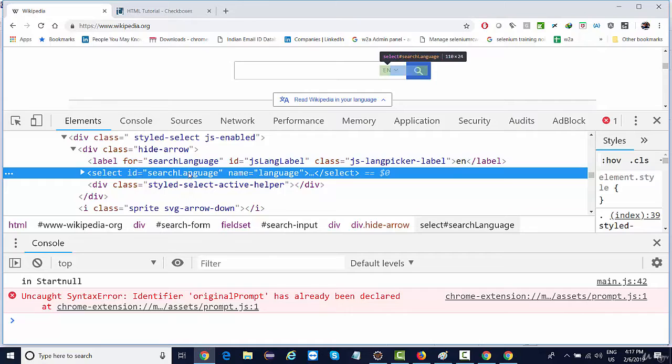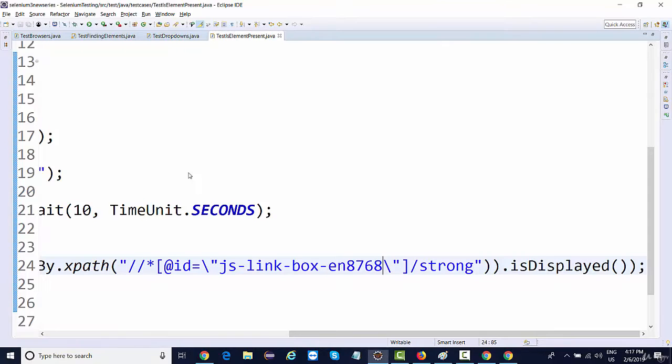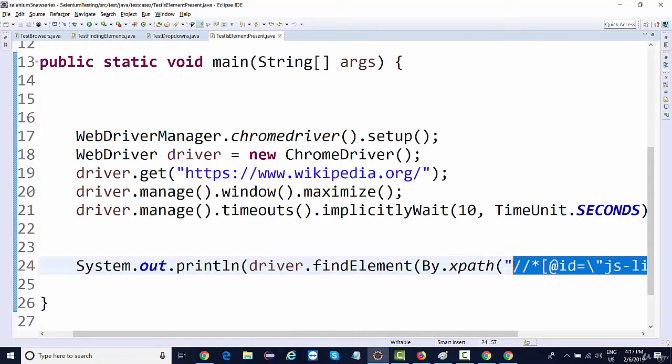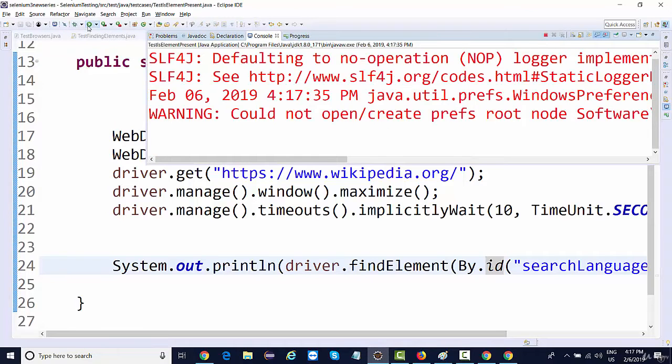So if I try to print the display property of this element, by the ID of this element, I'll give by ID. It should return false. Let's run this.